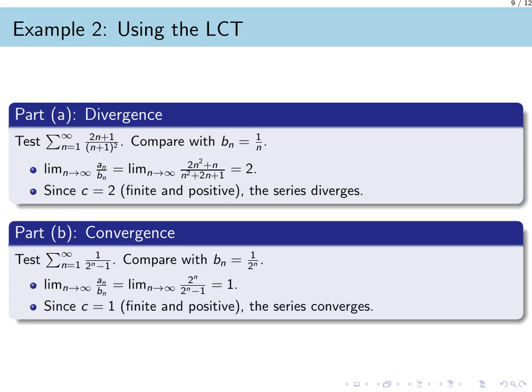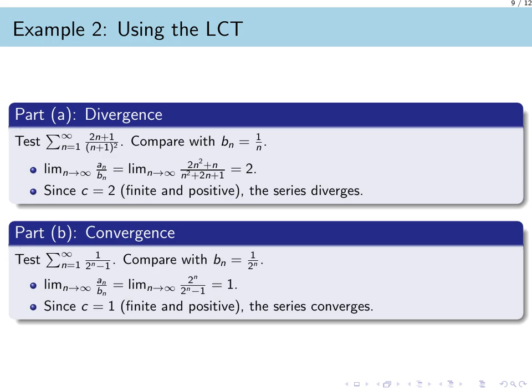Since 2 is a finite positive number and the harmonic series diverges, our original series must also diverge. Next, let us test the series with terms a_n equals 1 over the quantity 2 to the power of n